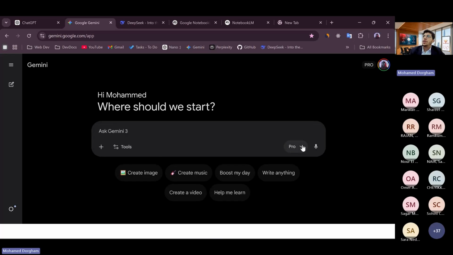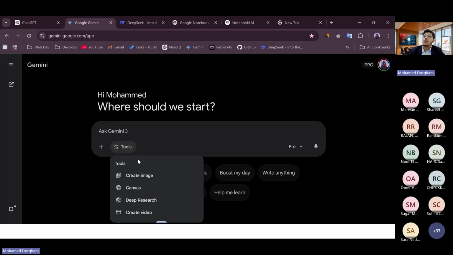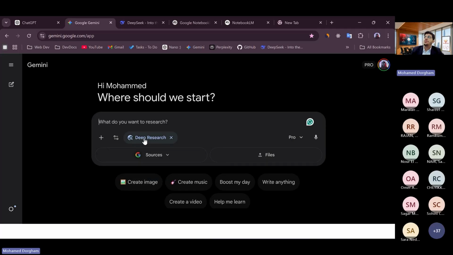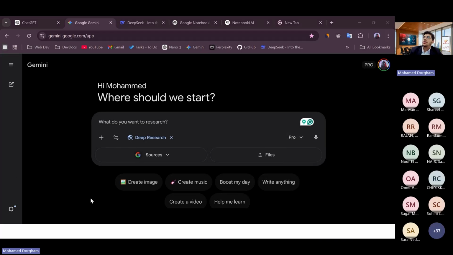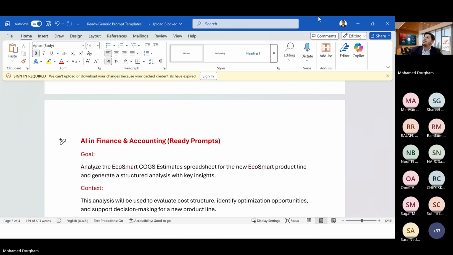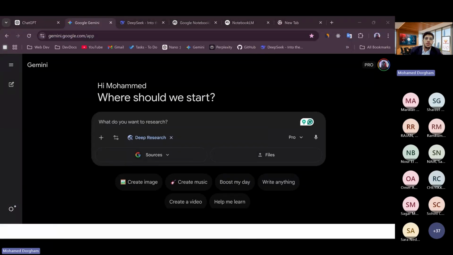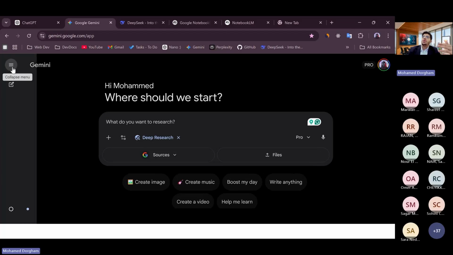So for this, I can use the following. If you open Gemini, you can see there are a couple of tools. I will go ahead and try to do a deep search, and I will try to open the Pro version. Let's see, one second. Now let me show you a walkthrough with the AI that you can do other than using a ready prompt template.